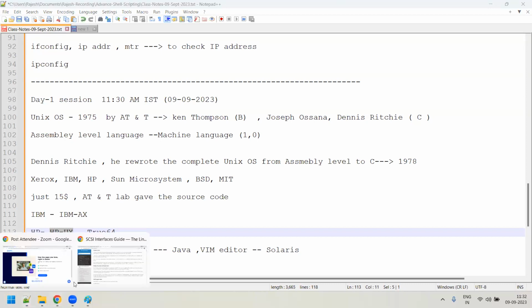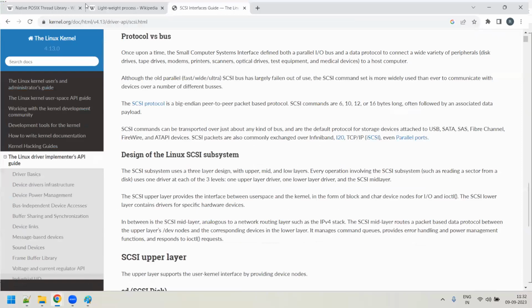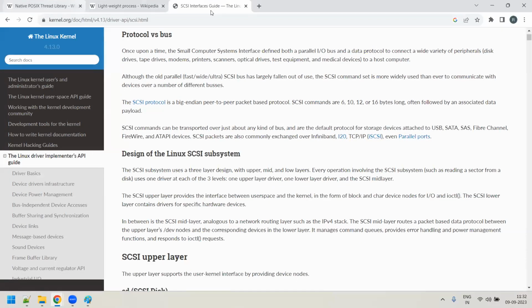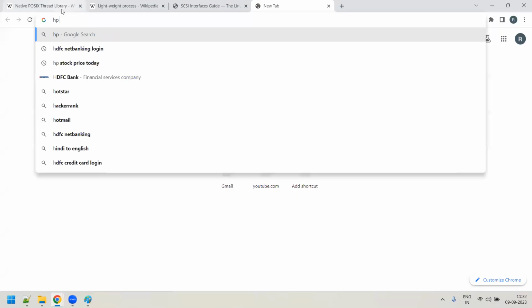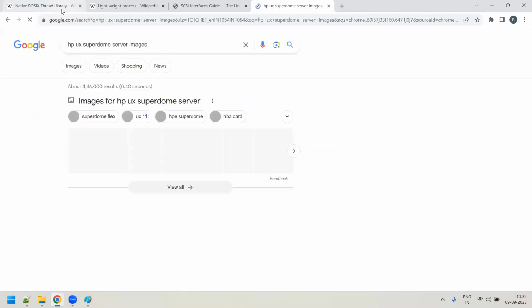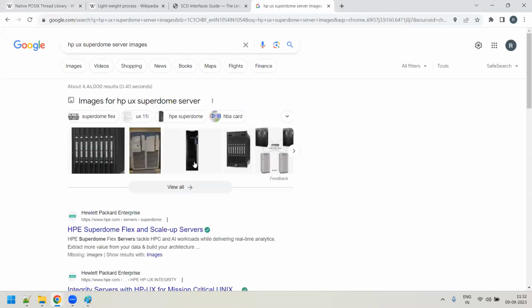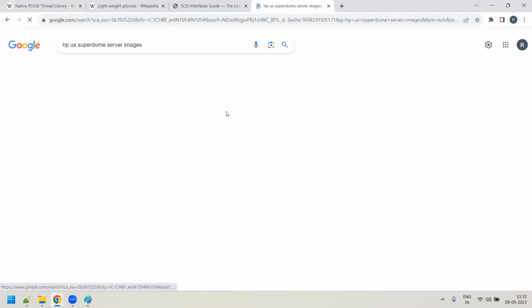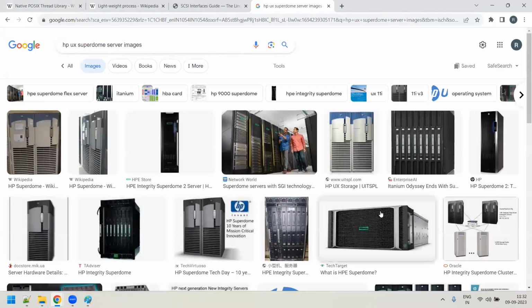If you go to Google, I'm just telling you, and search for HPUX Superdome server images, see, guys, this is an HPUX Superdome server, actually.